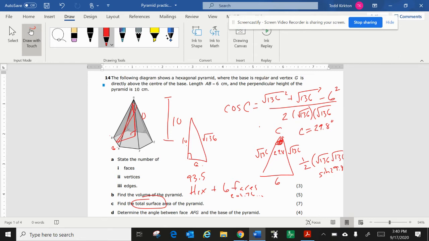So it's up to you how you do that. Probably the hypotenuse is going to be the one that's easier to find. You can also find the base. It doesn't really matter how you decide to do that, but we know